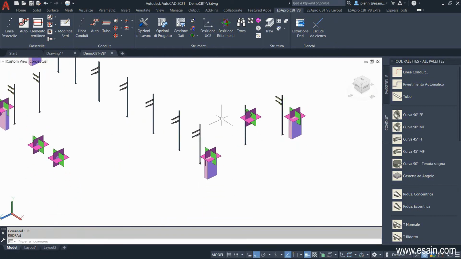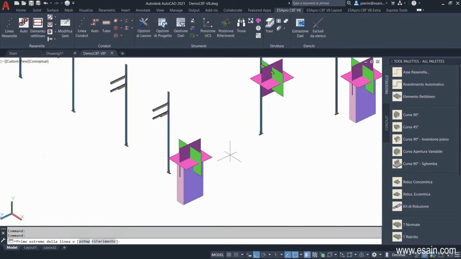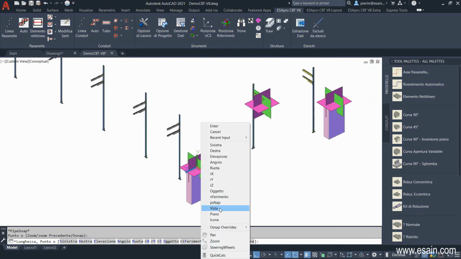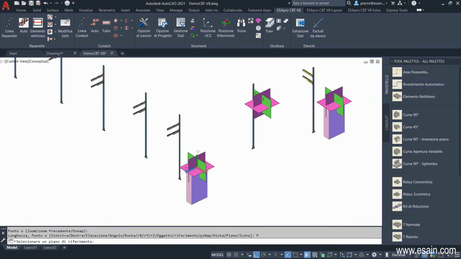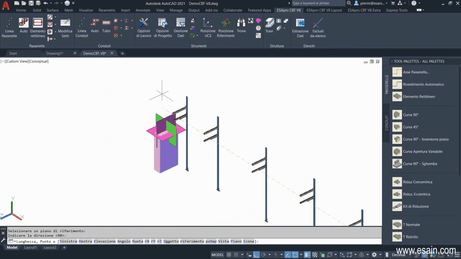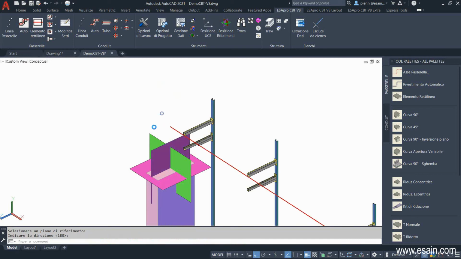With a simple axis, we sketch the path of our electrical raceways. We choose Famy 3, height equals 50, size 150 by 50mm. This will be the main line that connects the main panel to the terminal panel. We give a starting point, and through the plane option, we catch the elevation of the cable tray axis. With the reference icons, it's very easy to draw in 3D because it's not necessary to calculate any distance or elevation.